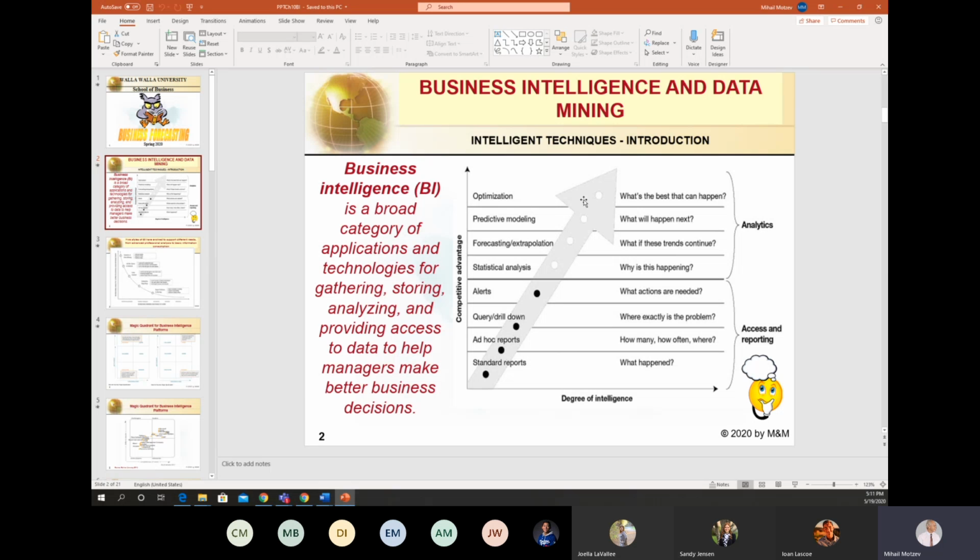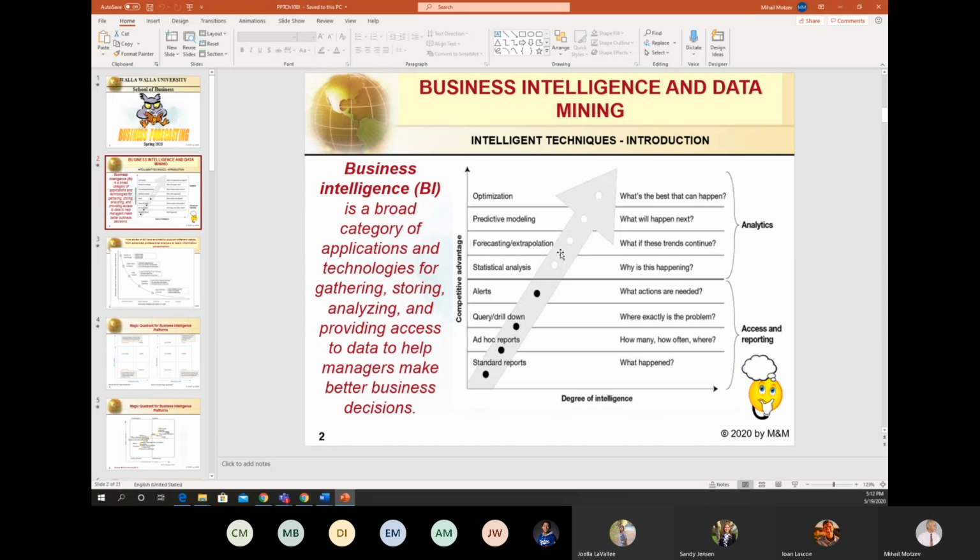I wouldn't say that optimization is on the top. I would say that probably predictive modeling is on the top, considering what is most advanced. But all these analytics are very advanced.